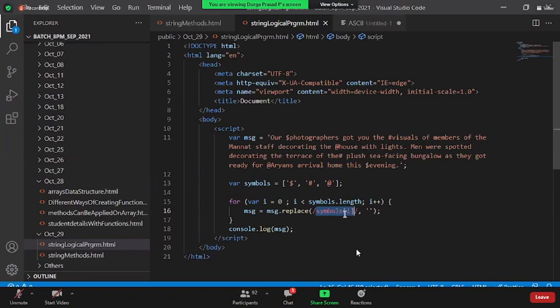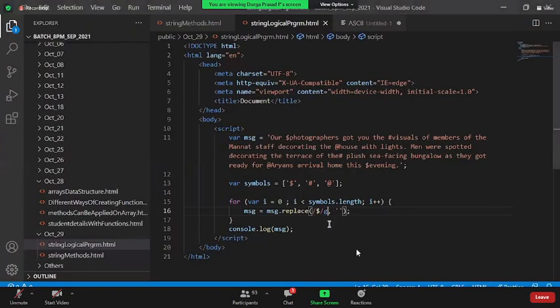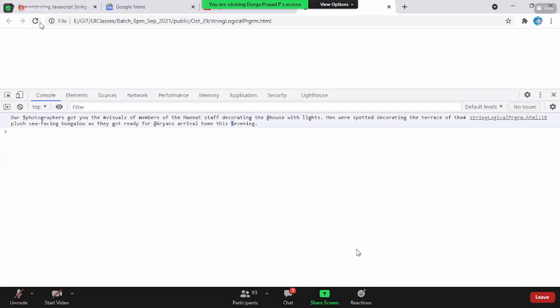This is the simplest way. But here, say for example, if I put the dollar, all the dollars within the page will be gone. Oh, why is this dollar still there? Dollar has a special meaning. Now I say slash, and if you reload, all the dollars are gone.